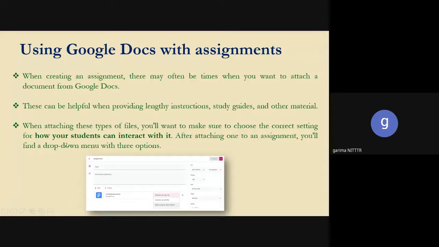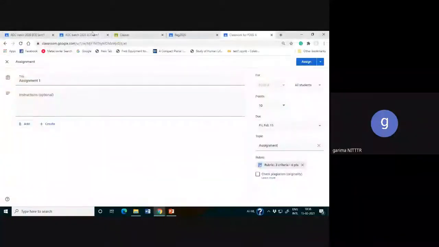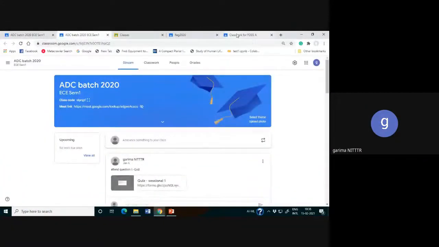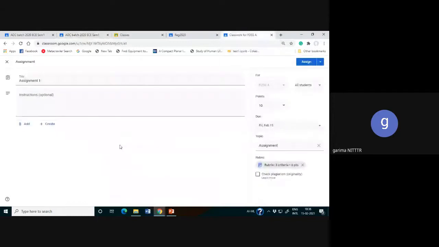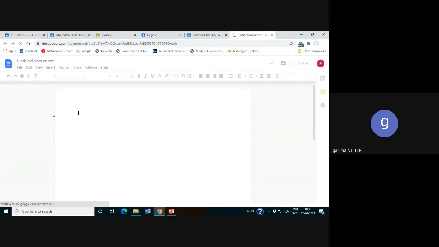For example, I'll show you in one of my assignments. Whenever we create a Google Doc, suppose I create a Google Doc, it will ask me what I want to write in it, and I'm sharing it with some of the students.